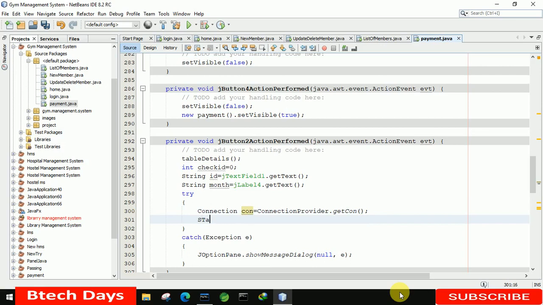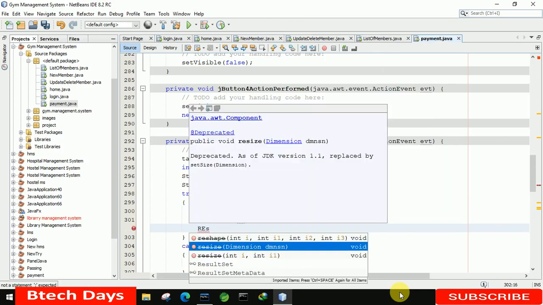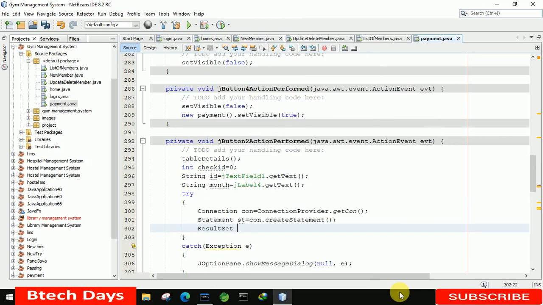After that Statement st equals con.createStatement. After that ResultSet rs equals st.executeQuery, and here we write select star from member where id is equals to id.